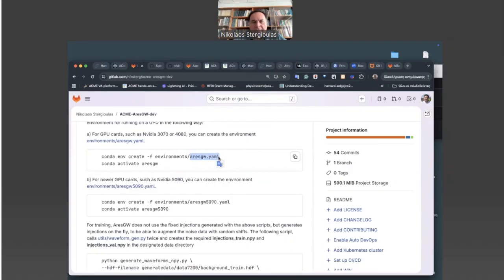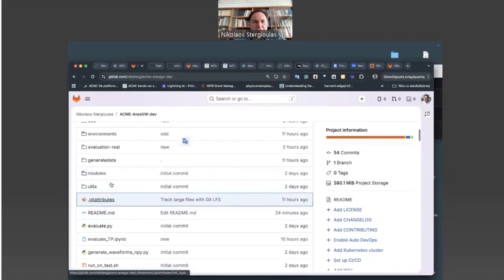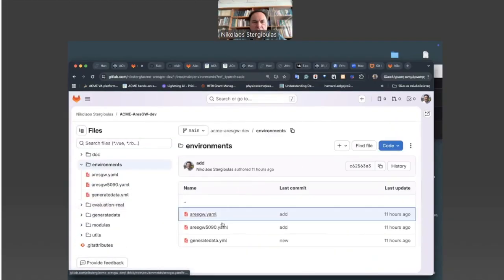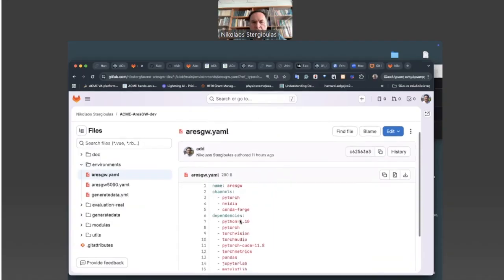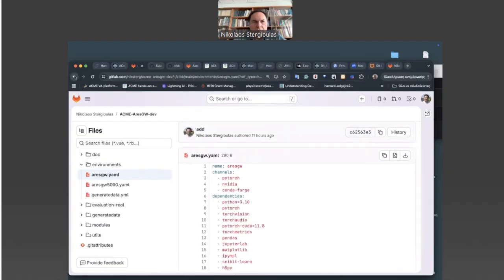One works well for the a bit older cards, 3070, 4080. If we go to the actual file, we see it uses Python 3.10, PyTorch 11.8, and works well for those cards.